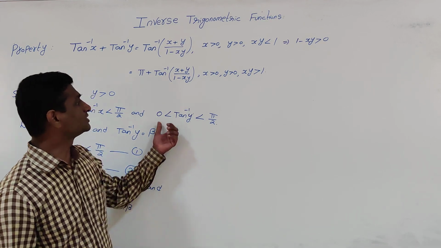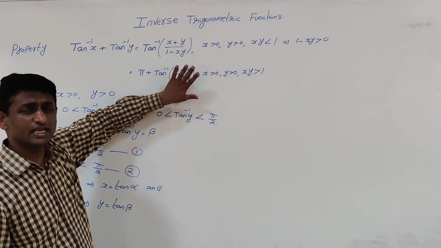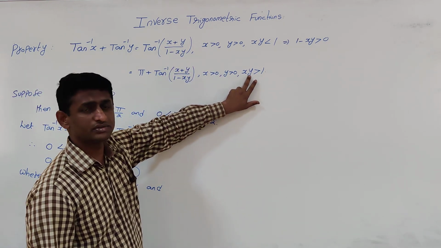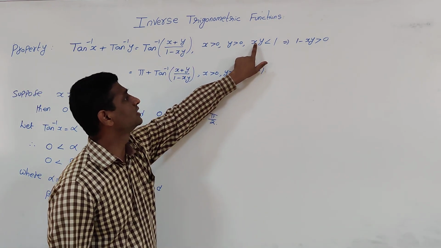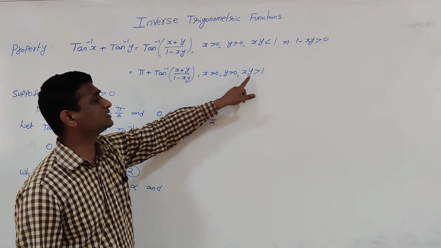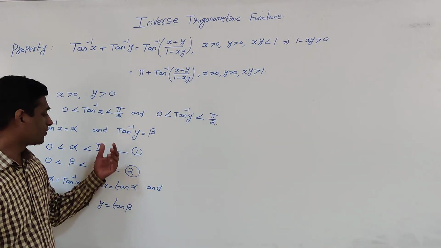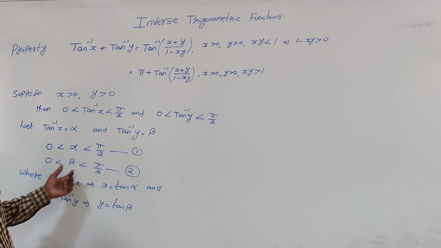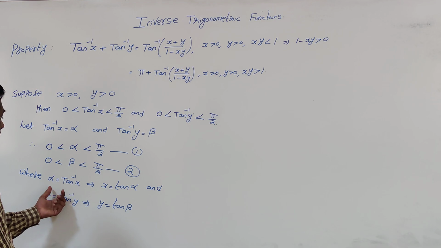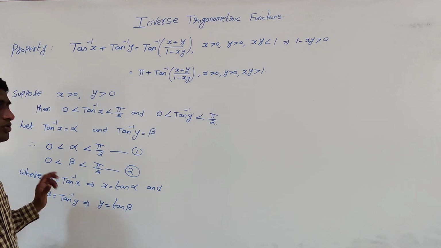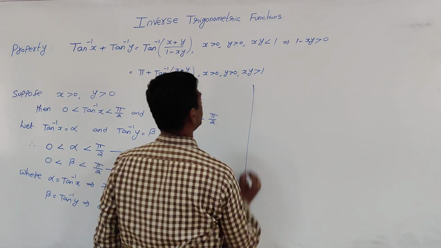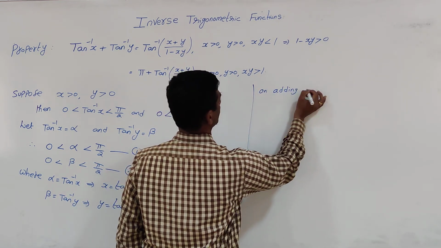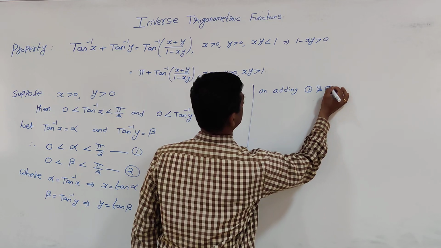So in order to prove this second property, both are the same but there is only a slight difference in the condition. In the first case xy is less than 1, but in the second case xy is greater than 1. Now we will see, as these are the same thing, alpha, tan inverse of x, is equal to alpha and tan inverse of y is equal to beta. Now on adding 1 and 2